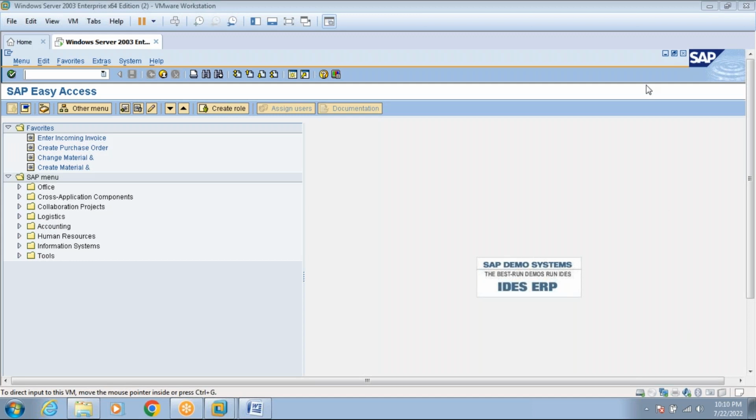Okay then, we'll continue the class tomorrow and you practice this. I've already shared the notes. Just try to create a new material type, create a new industry sector, and try to maintain the number ranges for that new material type. Check the testing scenario, whether the number ranges you have configured, whether 8 digit or 18 digit, are working fine or not. This is your homework, and show me tomorrow. So we'll continue tomorrow. Okay then.